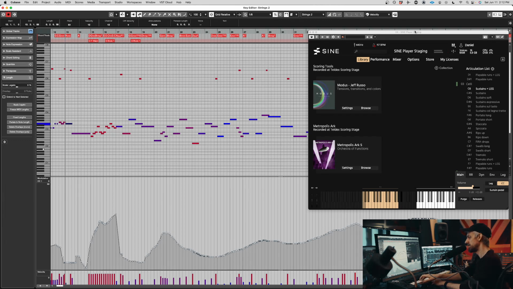Hold that note a bit. I know it goes down, but copyright says that I must go up. And it doesn't go particularly fast, but they do have down here at the bottom the playable runs legato. So this